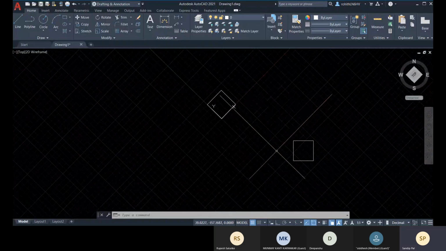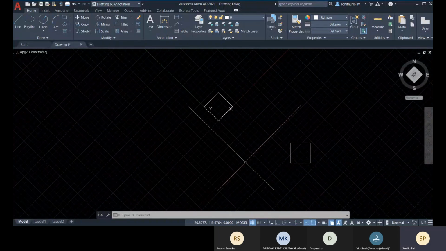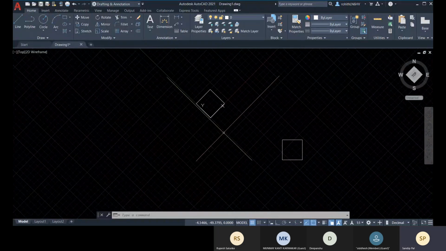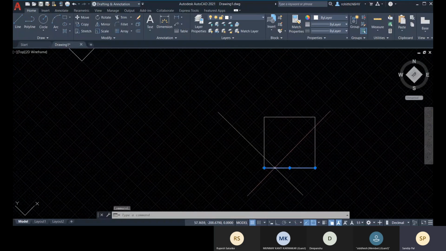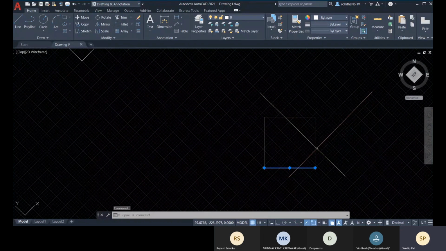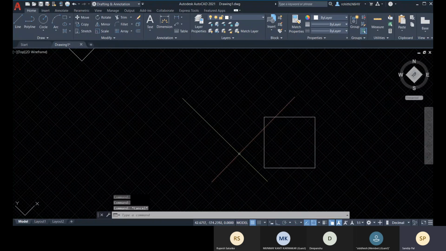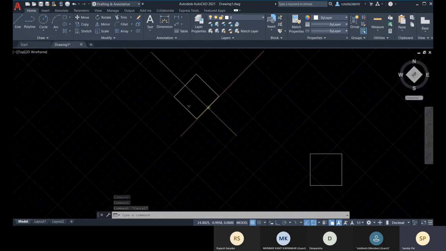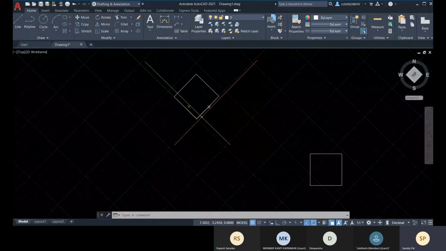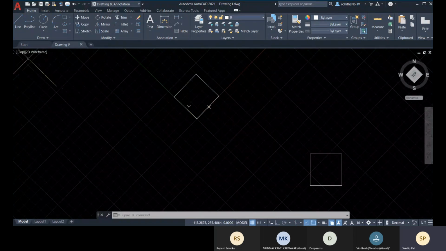But for a few parts of your drawing, you want the result as per the WCS, as per the original length direction and width direction. So without changing your UCS and without aligning it back to WCS, how can you get it?